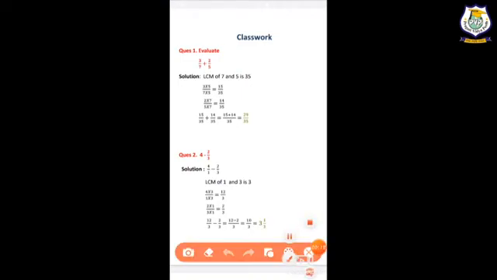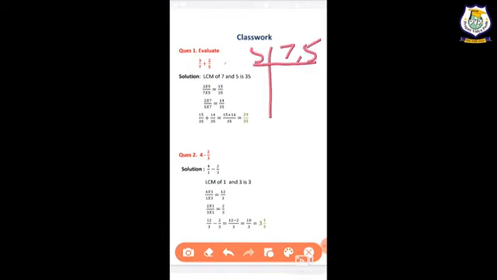Here I have taken one question, that is addition of fractions. You can see two terms, 3 by 7 and 2 by 5, right? So what we will have to do, first we will have to make the denominator same. How will we make the denominator same? By taking the LCM of 7 and 5. So you know how we will find the LCM of 7 and 5.